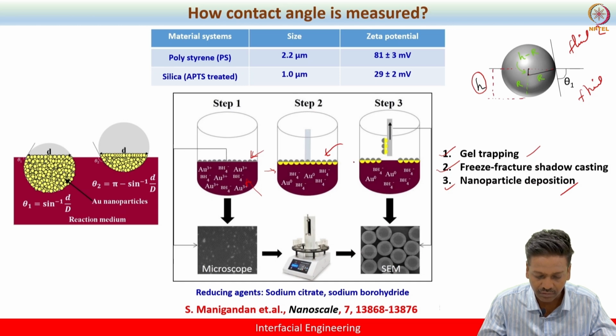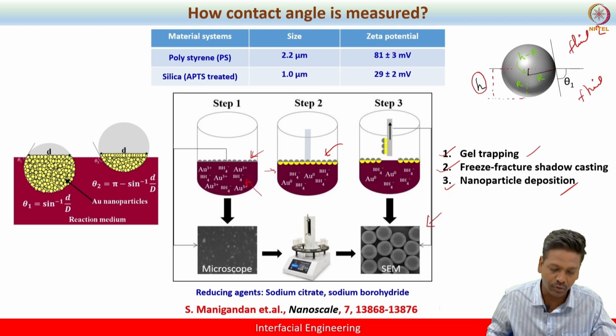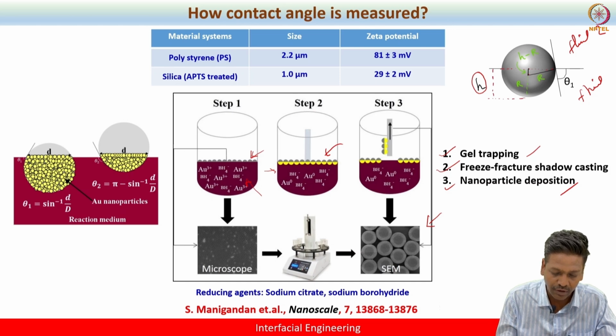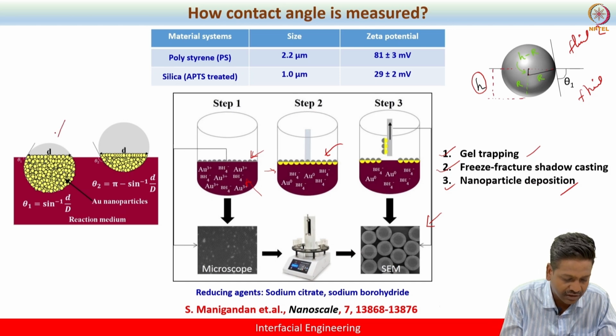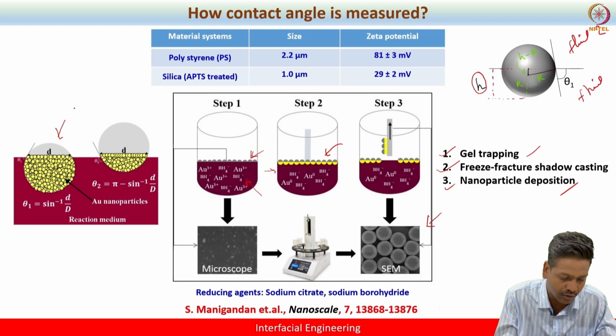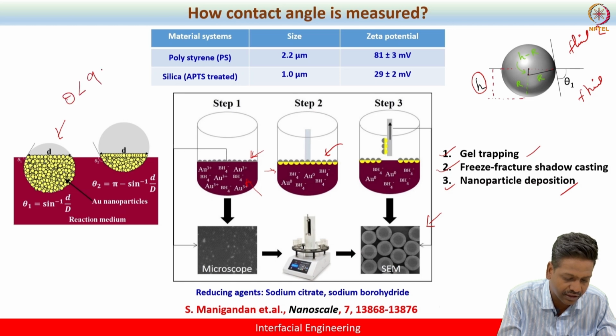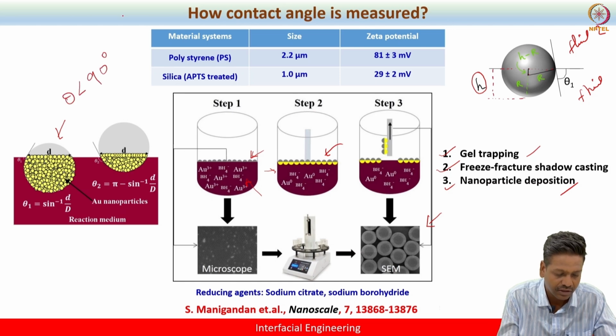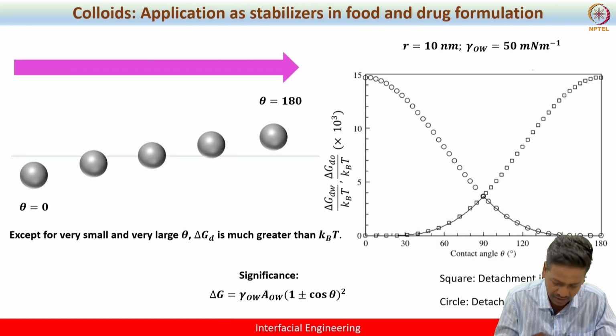And then what we do is we transfer these particles onto the glass substrate using the dip coater. So dip coater is necessary for this method, and scanning electron microscopy is also important for this method. So how do we do? Once the deposition occurs, you can take an example of, let's say, a hydrophilic particle where theta is less than 90 degree. Okay, in this case, the nanoparticle is used as a tracer material.